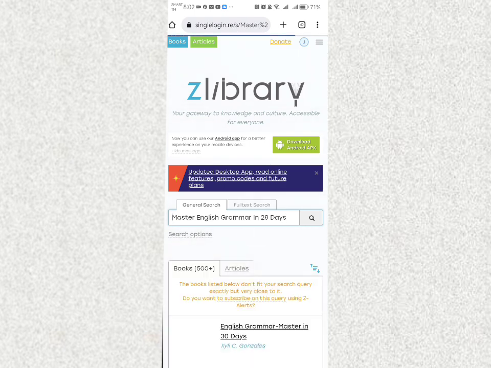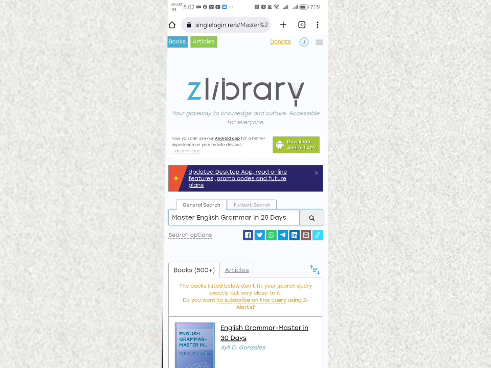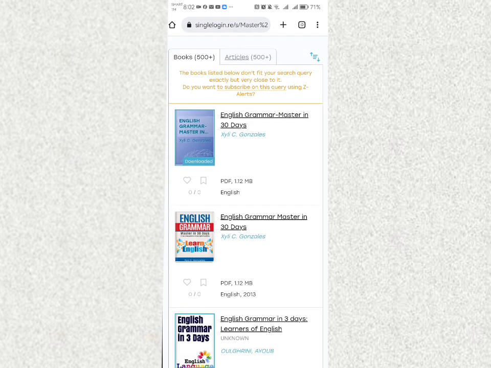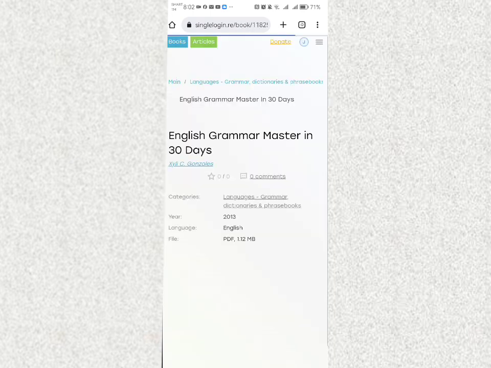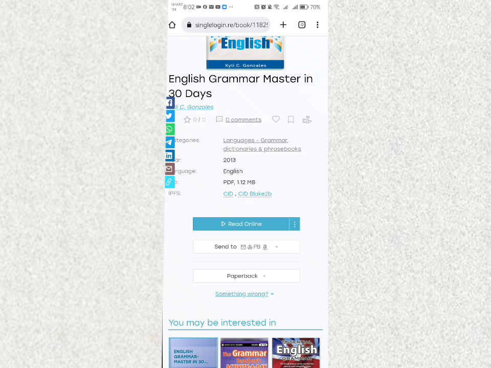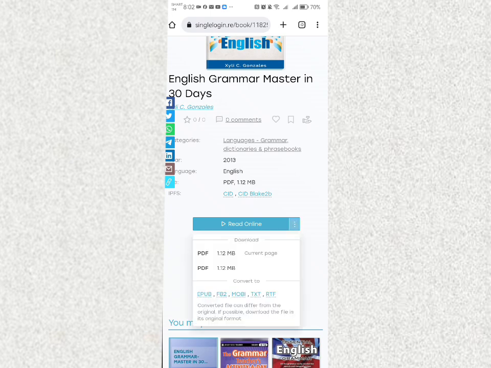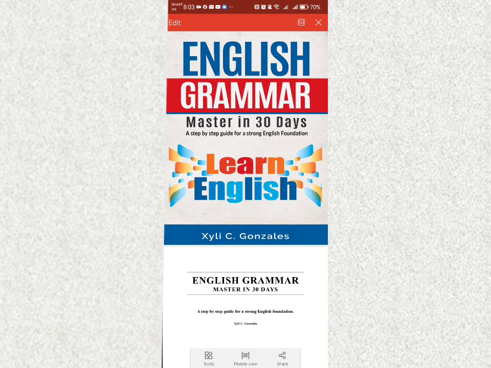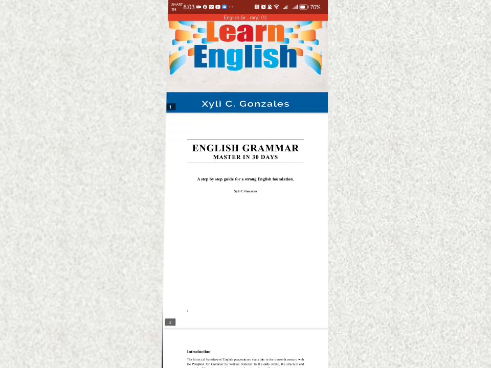Now, the difference here in the singlelogin.re is once you click this, let's say for example, this is the book that you want to download. Once you click that, it will not require you to log in. Instead, what you can see here is the read online or the three dots here. Once you click these three dots, you have the option to download the PDF already. PDF 1.12 MB, and then after that, it will automatically download, and then you have the ebook now, and you may now read it